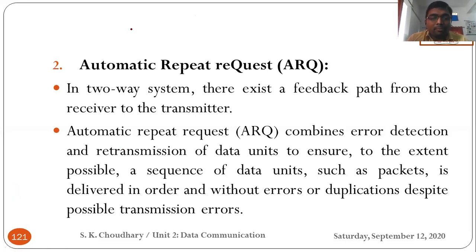So in this system, what happens? The name is taken from the first letter A, R, and here only the Q is taken. It's ARQ, automatic repeat request. So in this case, it combines the error detection and retransmission of data. If there is a certain amount of error, it would try to correct it. If it is more than that, then it would retransmit the information from transmitter to receiver, so that you get the actual information or data without any error at the receiver end.